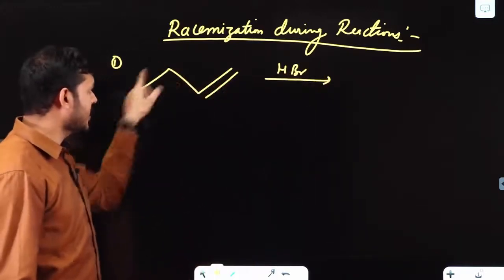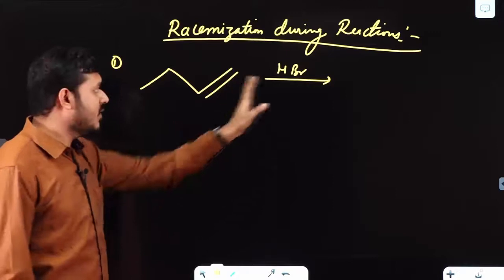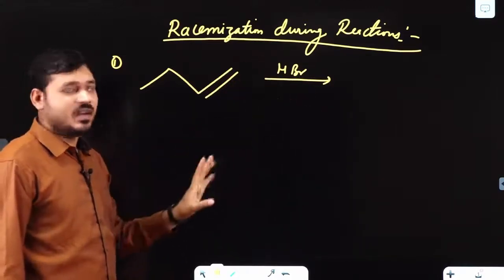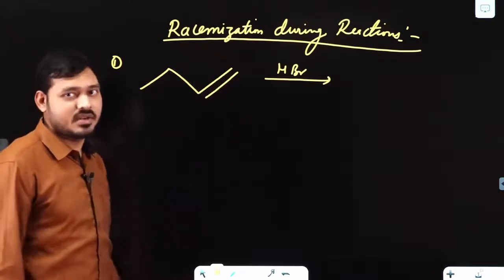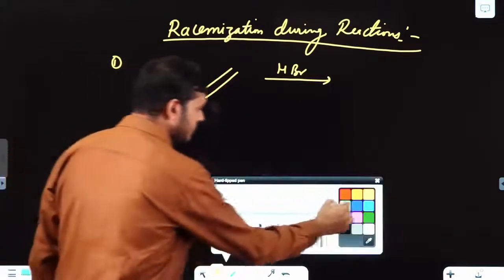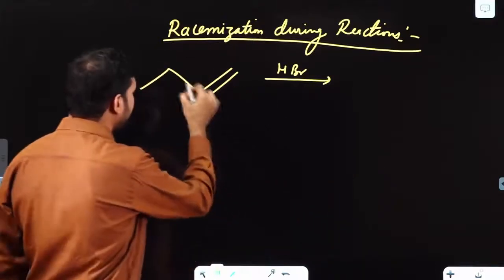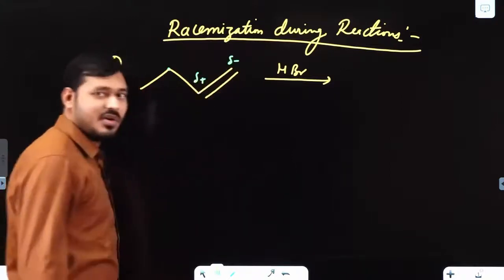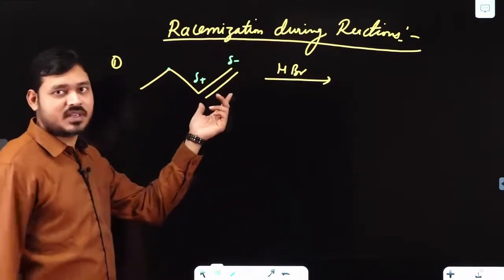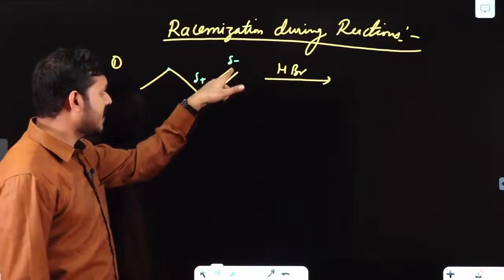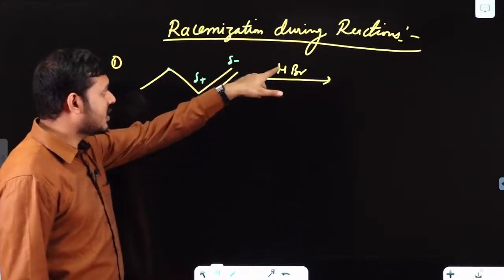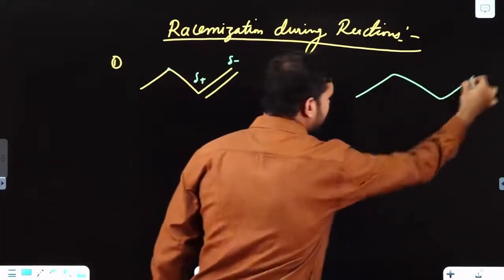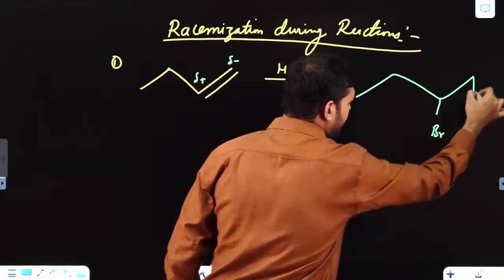See, this is 1-butene, or simply butene. When it reacts with HBr, it is a nucleophile and HBr is an electrophile. This will be your electrophilic addition reaction. First of all, what happens? This alkene has 2 alpha H here. So this is the delta negative part and this is the delta positive part. Using the electromeric effect, you can say this side has the negative part. This negative part will attack the H plus part, and this bromine attaches here. So the product generated will have bromine here and hydrogen here.